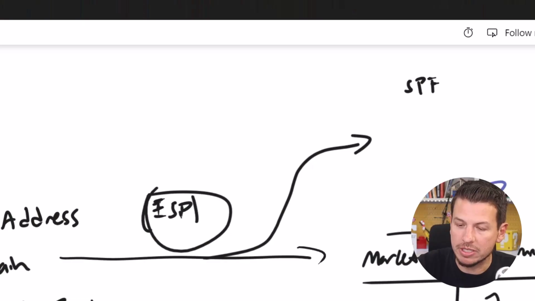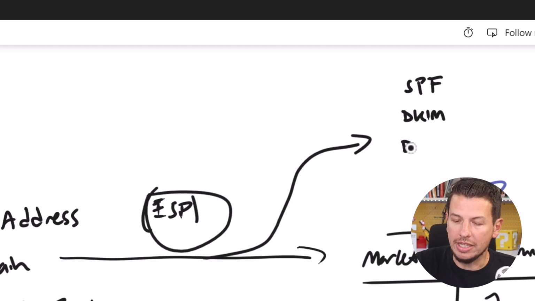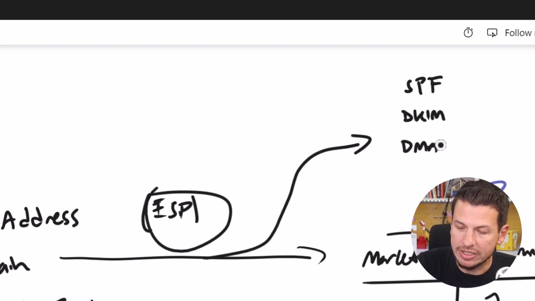Like you're basically giving permission to your provider, whether it be MailChimp, whether it be LinkU, whether it be Mailgun, any of these places, permission to send mail on your domain's behalf. So usually you're going to have to set up something called an SPF record. All right, that might sound familiar to you. You also have a DKIM record. And then you also have something called a DMARC record, which is more of a monitoring record, which is a